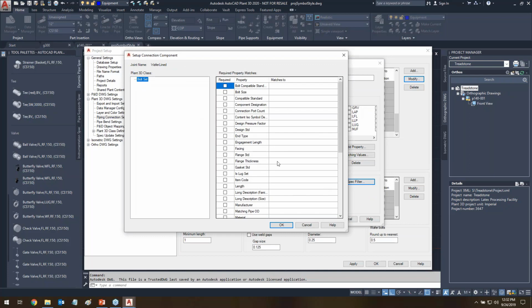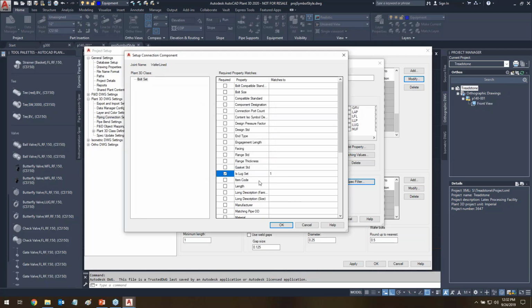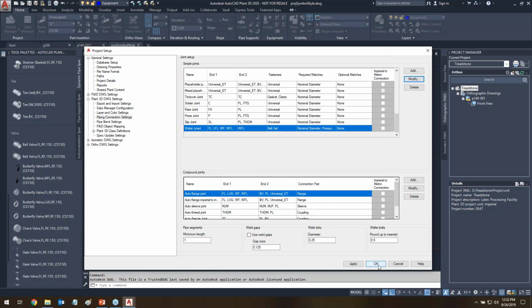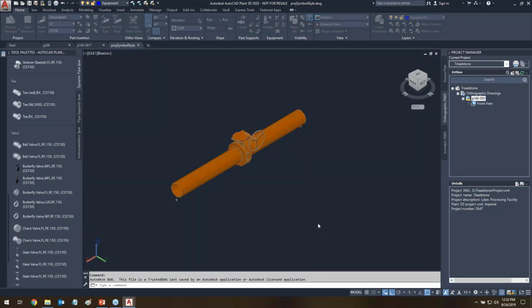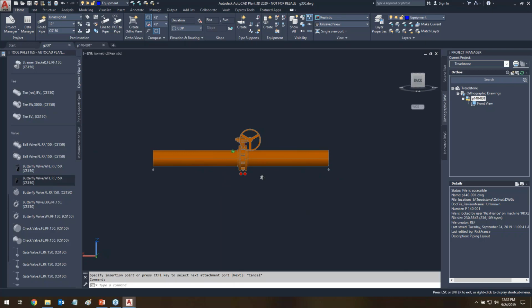You've got all different things you can set up here for how you want it to work, but right here you'll see lug set. And this is basically where you just tell it to use lug bolts instead. So I'm going to check that box. I'm going to set the value to 1, which means yes, true, this is using a lug set. So I'll hit OK. Now I've got it set the way I want because I still don't want a gasket since it's lined. We'll hit modify, hit OK. Again, it doesn't update existing ones, so I'm going to need to delete this one and place a new one. What you'll notice now is instead of 1 bolt set, I've got 2 for the lugs,